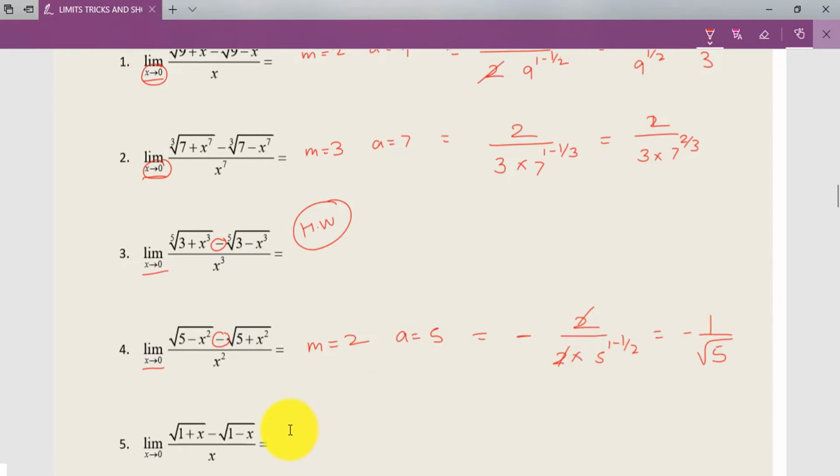As well, this will be for your homework. I hope the answer is 2 divided by 2, right? m is 2, and then here the answer is 1. Fine, please check and do tell me the answer, right? And that turns out to be a solution.